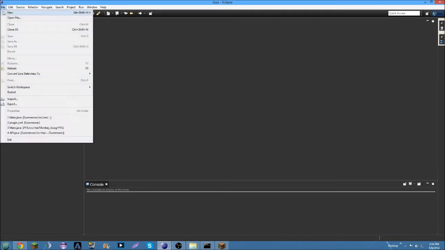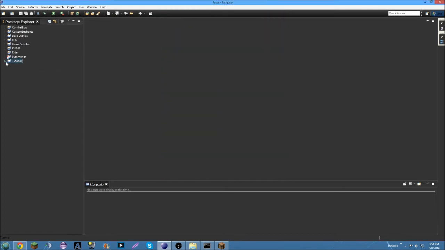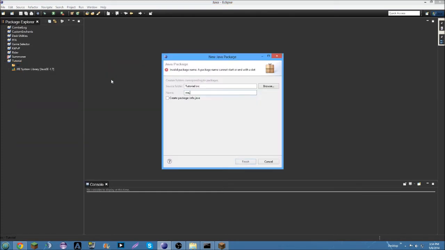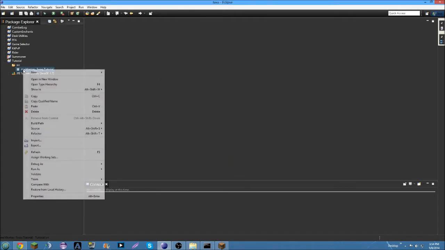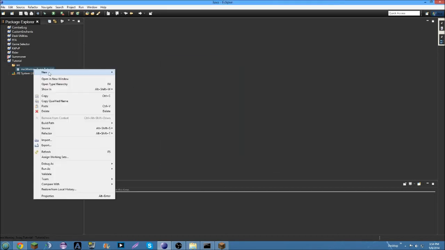You're going to go to File, New, Java Project. I'm going to name this Tutorial. Now inside this tutorial, in the source folder, you're going to want to make a package. me.yourname, actually, you know what, no. Your name goes there, .tutorial. Alright, so inside this package, we're going to create a new class. Oh wait, no, not another package, new class,